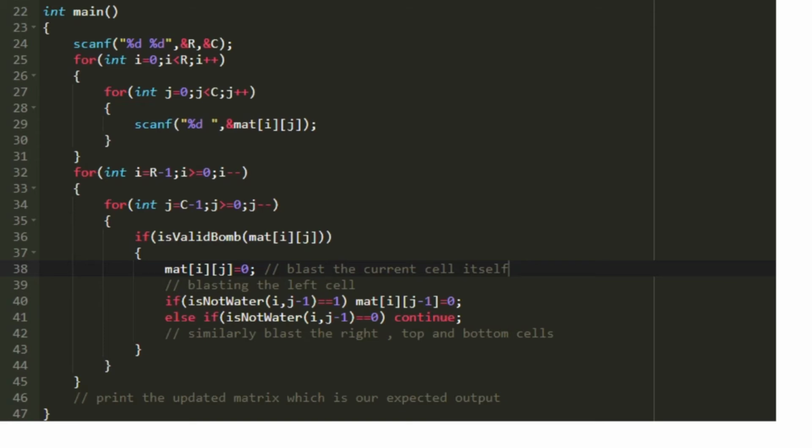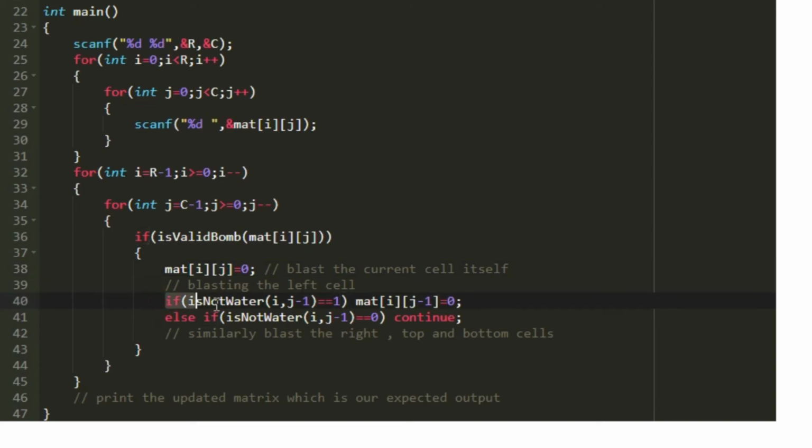While blasting the adjacent cells, if an adjacent cell is water, then we cannot blast that particular cell, and we also cannot continue blasting the remaining adjacent cells after that. So we have to implement the logic accordingly using an if else condition. Also, the blasting of adjacent cells must take place in order. First we should blast to the left, then right, then top, and then bottom.